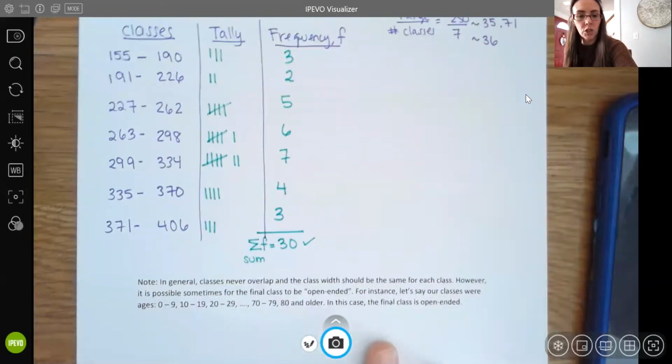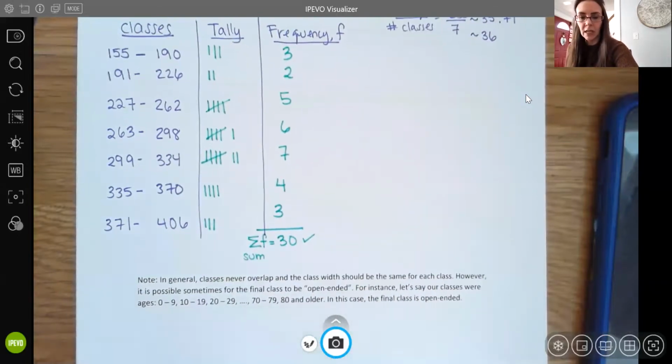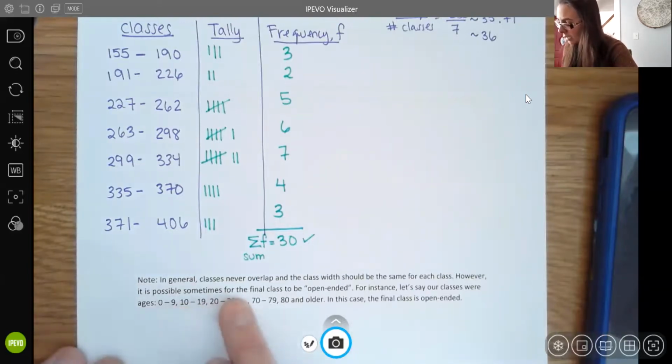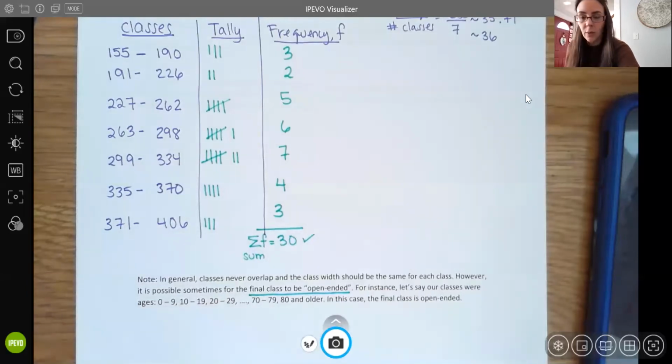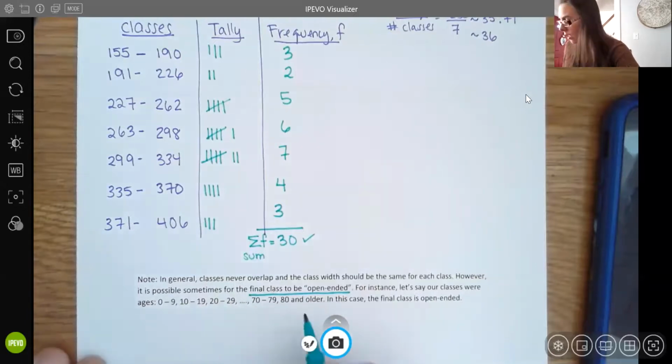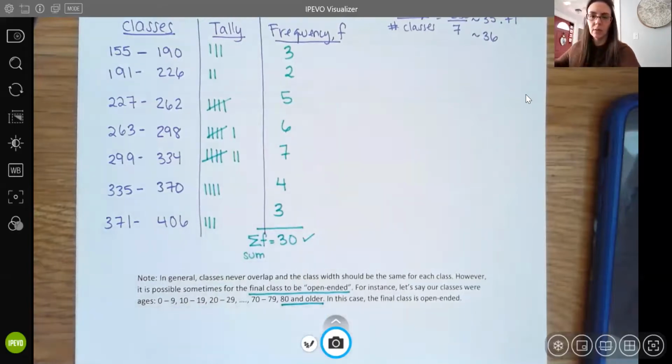Again, I noted that in general, classes should never overlap and the class width should be the same for each class. However, it is possible sometimes for just the final class to be open-ended. For instance, let's say our classes were ages. We could do classes as 0 to 9, 10 to 19 years old, 20 to 29, 30 to 39, 40 to 49, 50 to 59, 60 to 69, 70 to 79, and then perhaps we just say 80 and older. So here you have an exception where your last class, instead of breaking it down further, particularly if we don't have a lot in that last group, we can just say 80 and older. So that is the one exception you may see where your class width changes at the very end. But again, it's a rare exception and that should be the only real case,